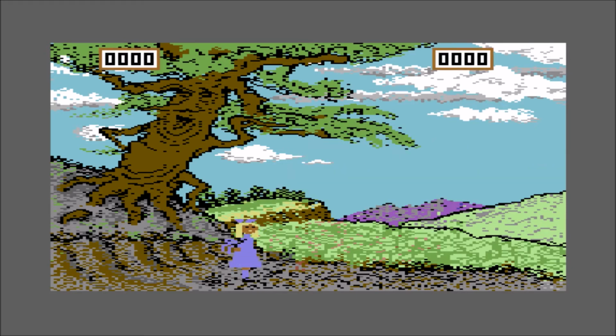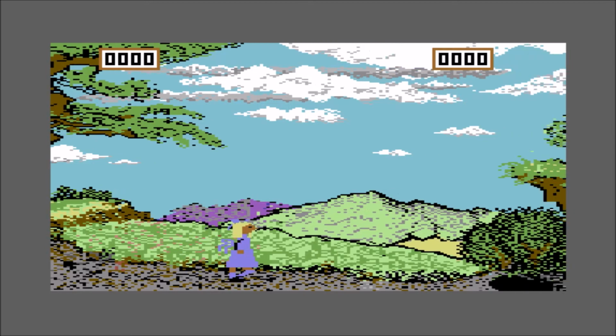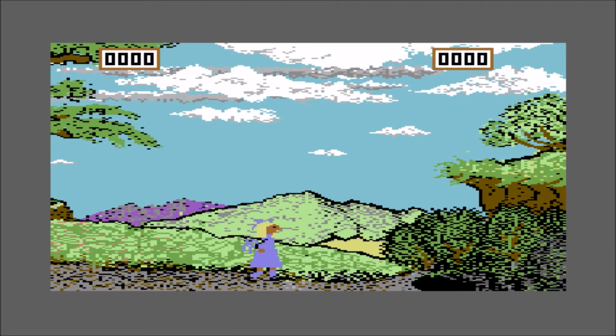Now, I've not actually done anything to start the game yet. This is just a kind of demonstration, but yeah, this is the kind of graphics that you had. This is, you know, in game. This isn't just a still image, and there was nothing like it before, and this game was one of 2 that